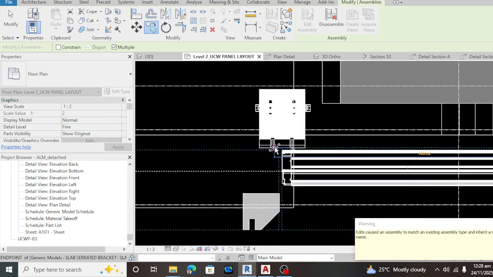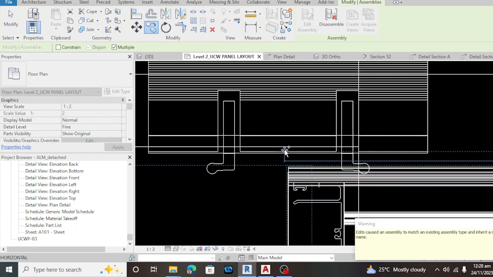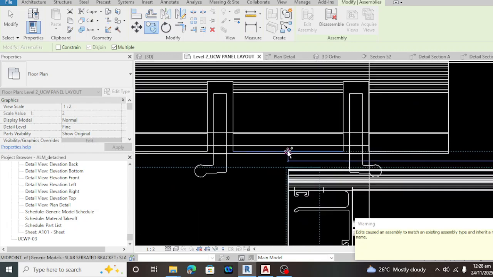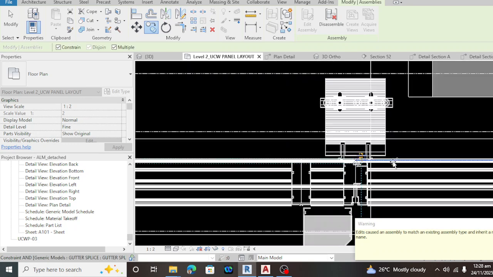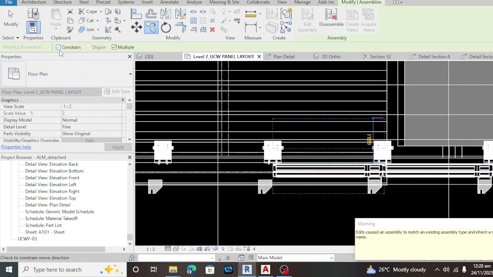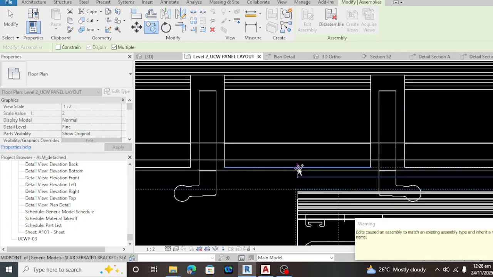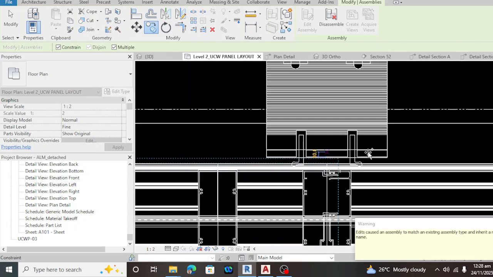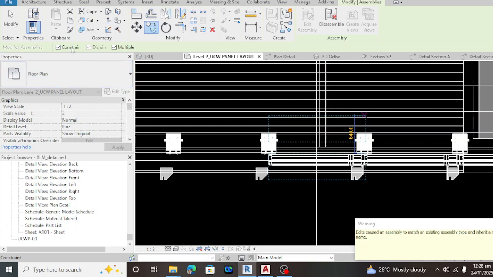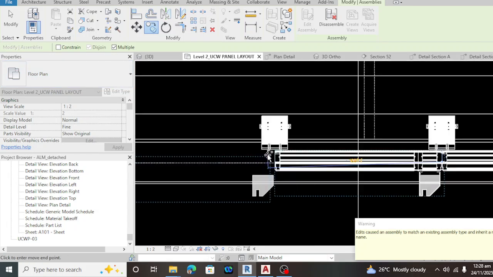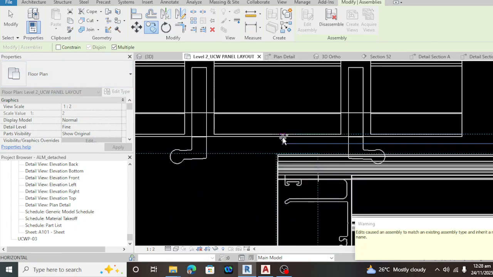Make sure that you don't copy on the same location, because when you make a quantity takeoff, it's going to be doubled or tripled depending on the clicks that you made.